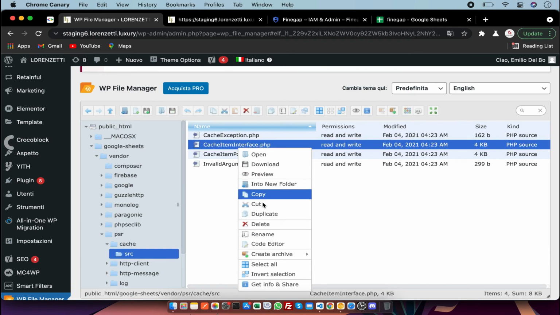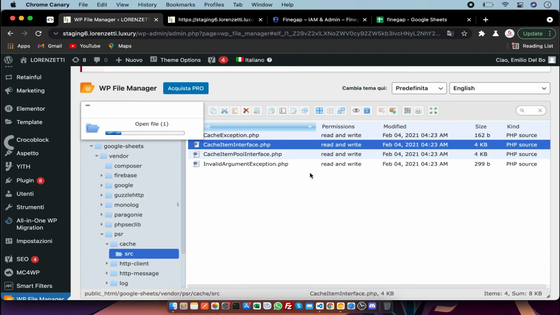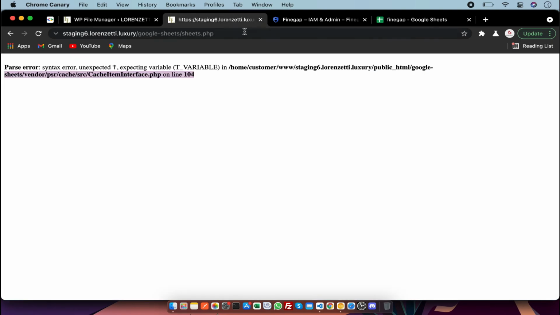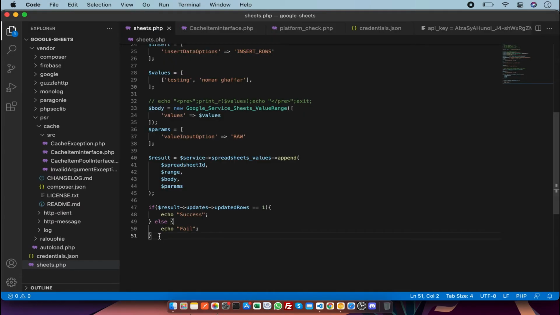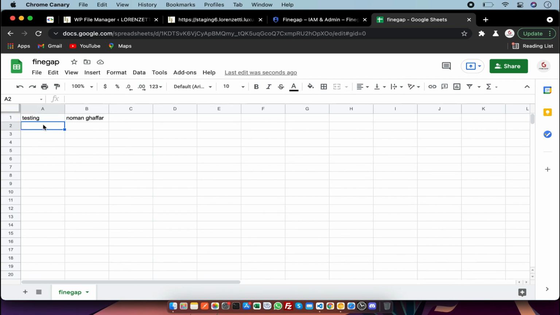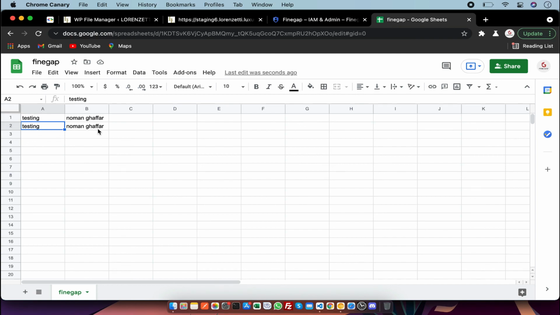So I am going to open this file and save my code. So after that I have to refresh this again. So as you can see, it has displayed a success message on the insertion into Google Sheet. So after that I am going to check my Google Sheet, and as you can see our data is inserted, and I am going to check it again by refreshing it, and you can see it is again inserted.